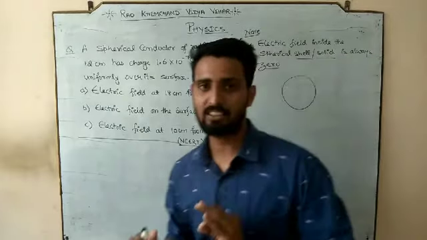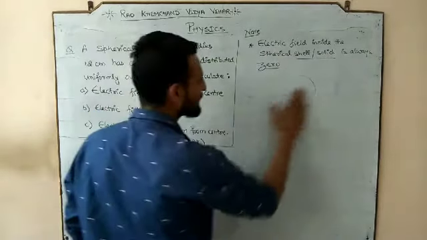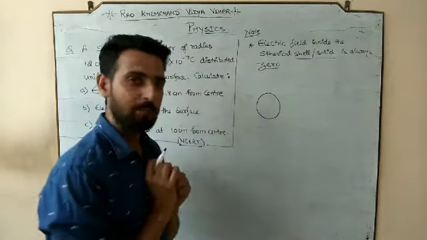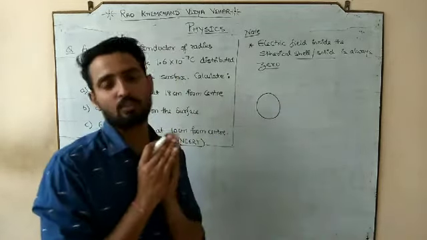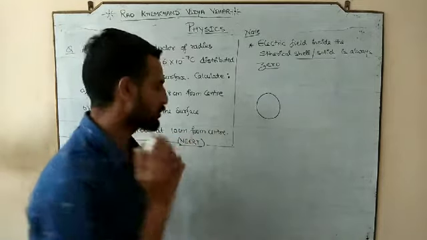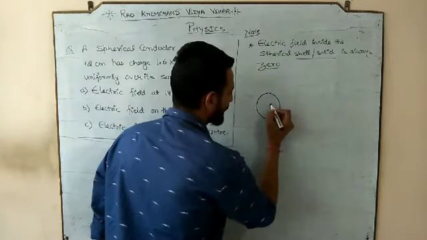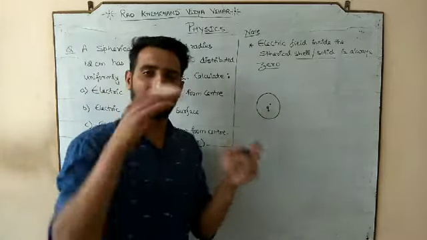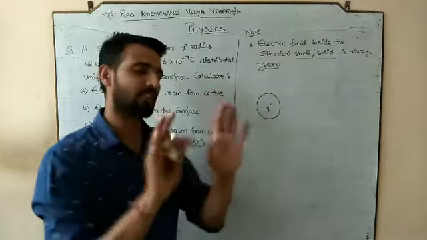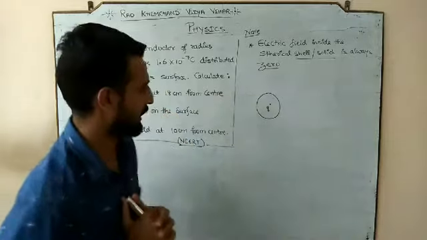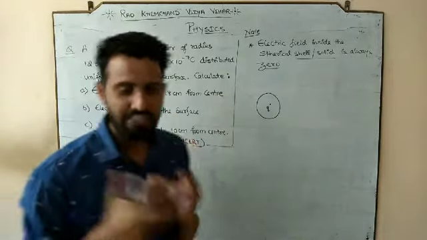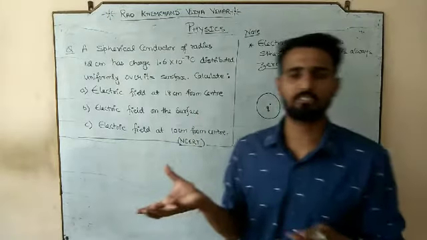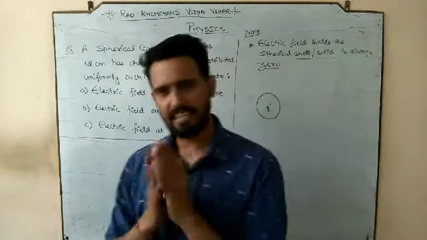Why? Let me explain that. Imagine that we have a solid body. This is the solid body. If we give charge to this body, अगर हम लोग इस बॉडी को चार्ज देते हैं, and if that charge is acquired here, तो वो चार्ज कहां पे एक्वायर हुआ? इनसाइड द बॉडी, नॉट ओवर द सरफेस. अगर ऐसा होता है तो, if this body has a charge, definitely this body has either positive charge or negative charge.